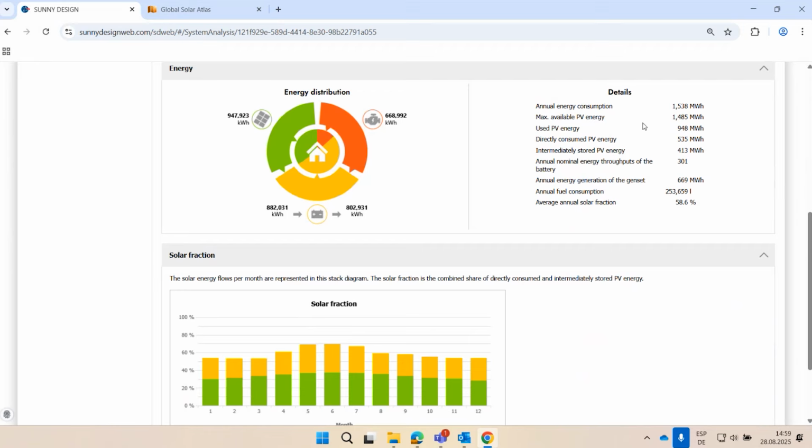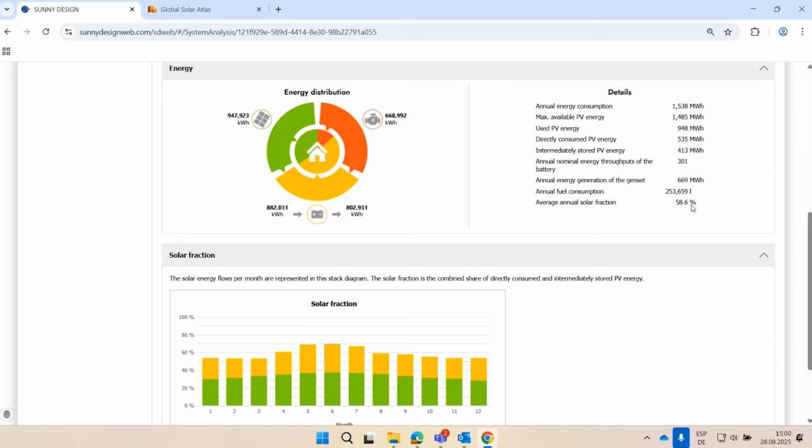Second, but this never happens, is that the consumption moves to the middle of the day. If it is possible to move the demand to the middle of the day, then we can cover a little bit more, because if you can see, you used around 950 megawatt hours directly, and the rest will be saved in the batteries.